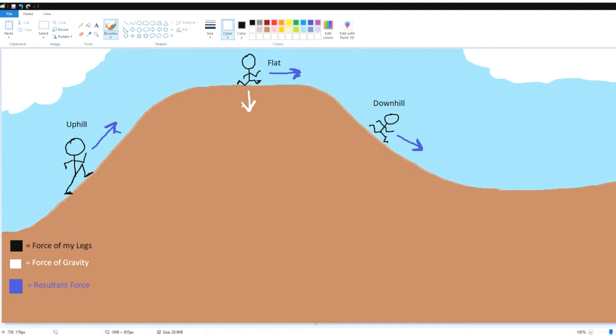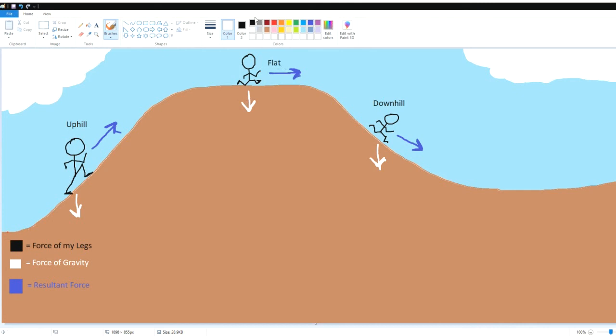So gravity's pulling me downward on the flat, gravity's pulling me downward at the uphill, and gravity's still pulling me downward on the downhill, right? It's always pulling me the exact same direction down, right? So because of this, I need my legs to be pushing myself in a way that will counter this downward force of gravity and as a result propel my body the direction I want to go,